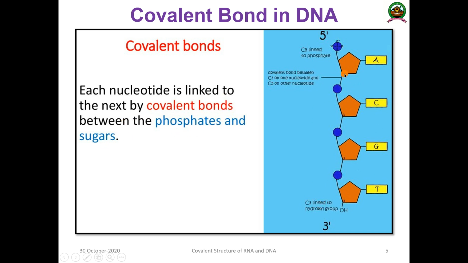Okay, so between C3 and C4 there is C5, CH2OH. In that CH2OH, the fifth one, the hydroxyl group interacts with the phosphate. Okay, so that is the bond, and there is a formation of a strong bond, known as a phosphodiester bond. If the DNA is stabilized by this type of structure, these are known as covalent structures of a nucleotide. If it is only one strand, you can see that it is a single strand, and if it is two strands, you can see that it is a double strand.